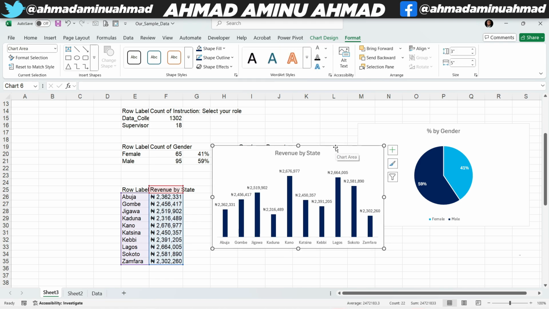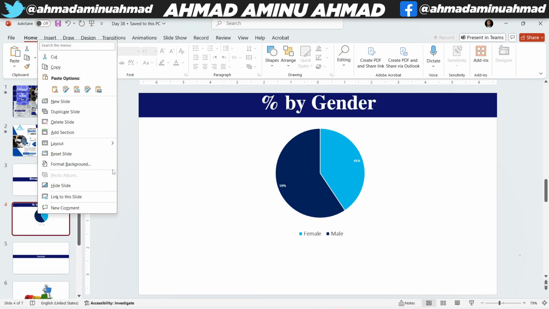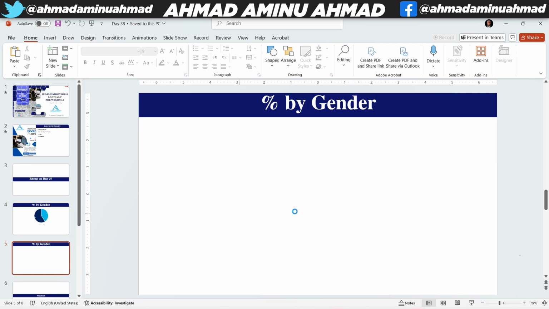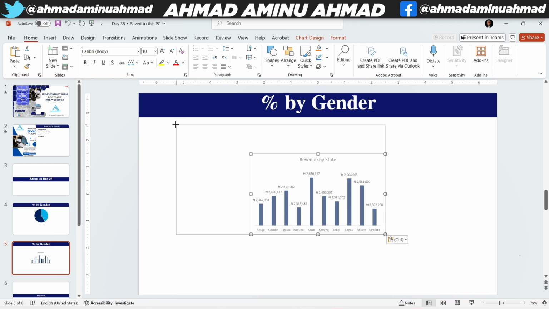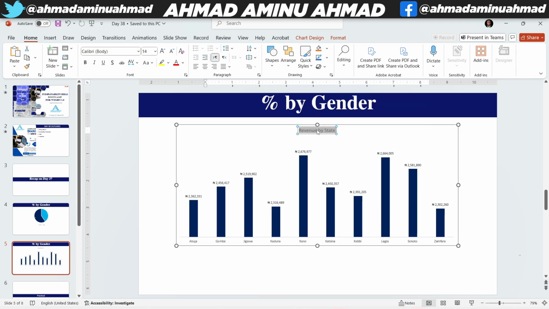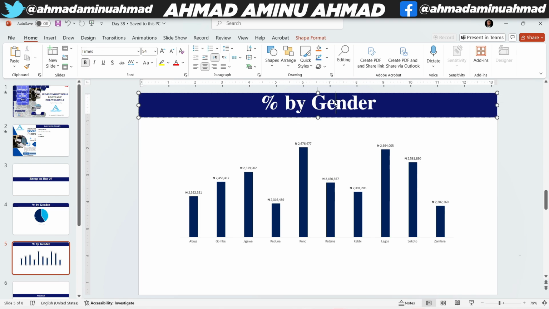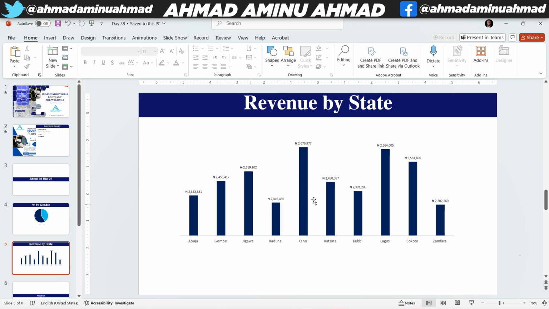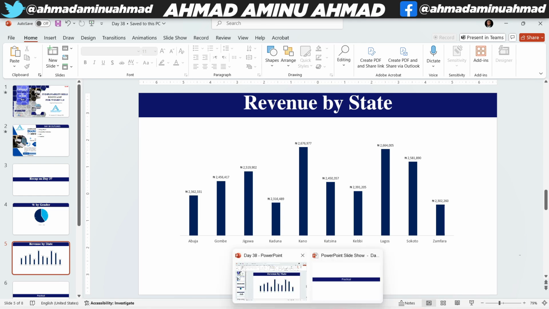So what I'm going to do is to copy it like this. So after copying it, go to your slide here, then duplicate it. So I'll remove this slide, then I'll paste this one. I'll increase it. Then I'll cut that one and paste it here, revenue by state. If I want, I'll increase the states like this. I'll increase the size like this. So that's for this, and we are done with it. So let's go back to